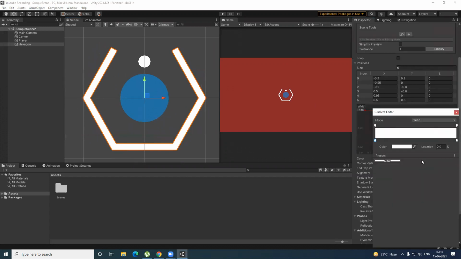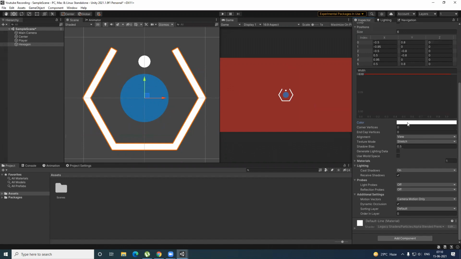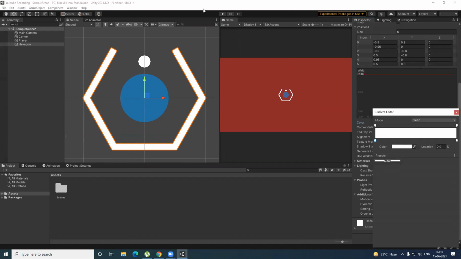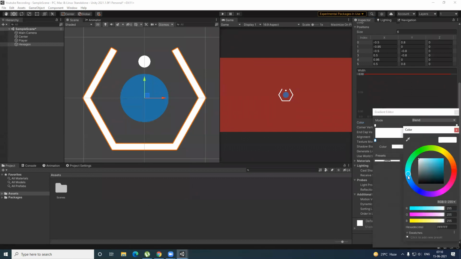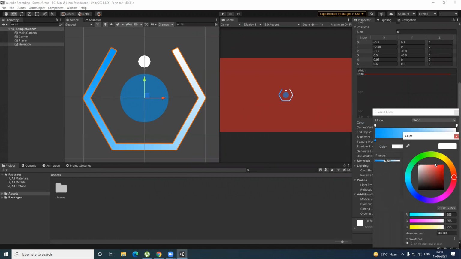And if I have to change the color for this, let's see. Okay, so this is another type of color. This is a gradient color. You can choose between any gradient, right? I cannot annotate it on this, but you can see this is the first key where the mouse is, right? So if I click on the first key and click on the color, I can choose any color that I want to, and you can see a gradient starting to appear. And if I click on the second key and click any color, you can see this.